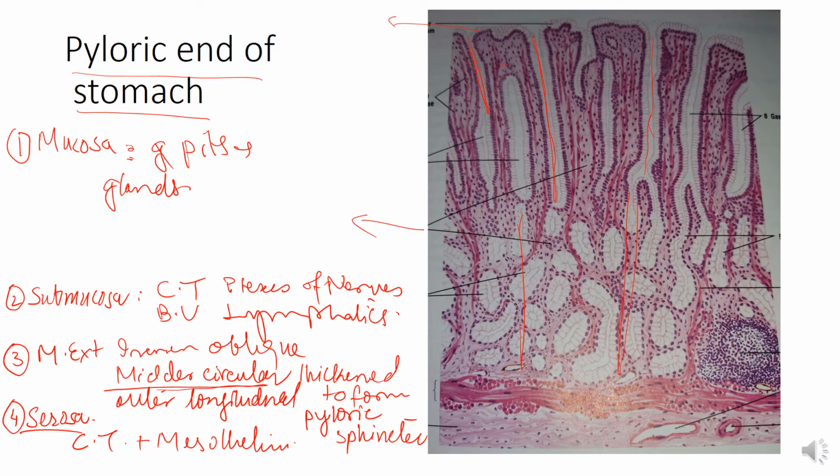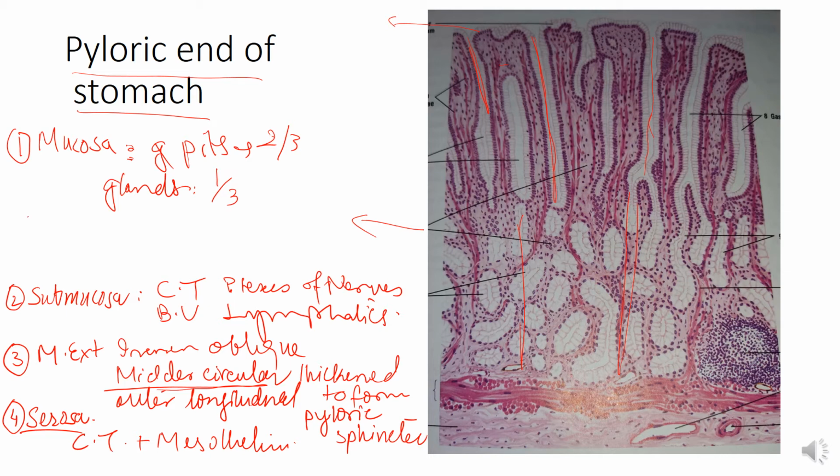Actually, the gastric pits are about 2/3 of the thickness of the lamina propria, while the gland is taking about 1/3 of the thickness. And in this picture, it is evident that no parietal cells, no chief cells are present in this region. You can see here no parietal cells and no chief cells.